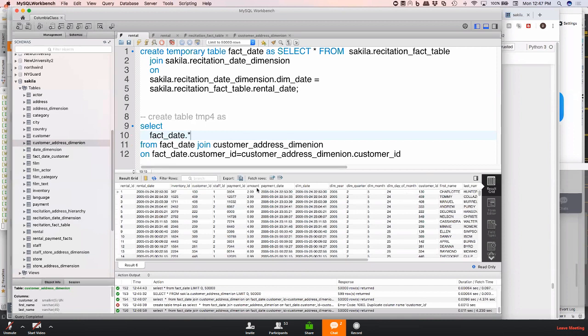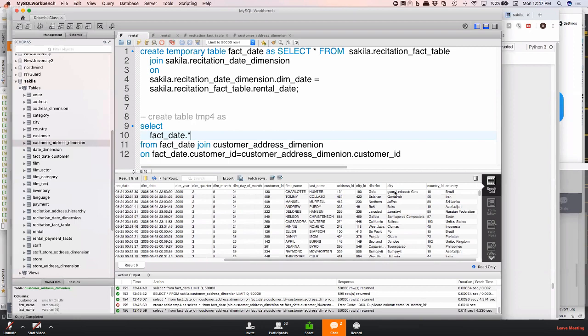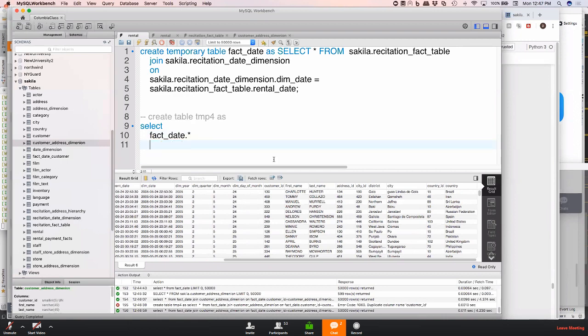Do I have the customer ID twice? Fact date dot star, comma. Customer ID is going to be there. First name, last name, address ID, city ID, district,